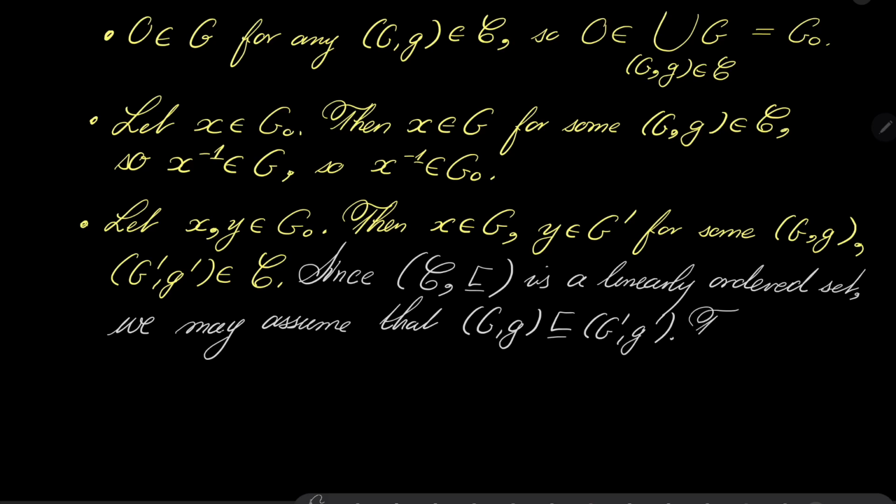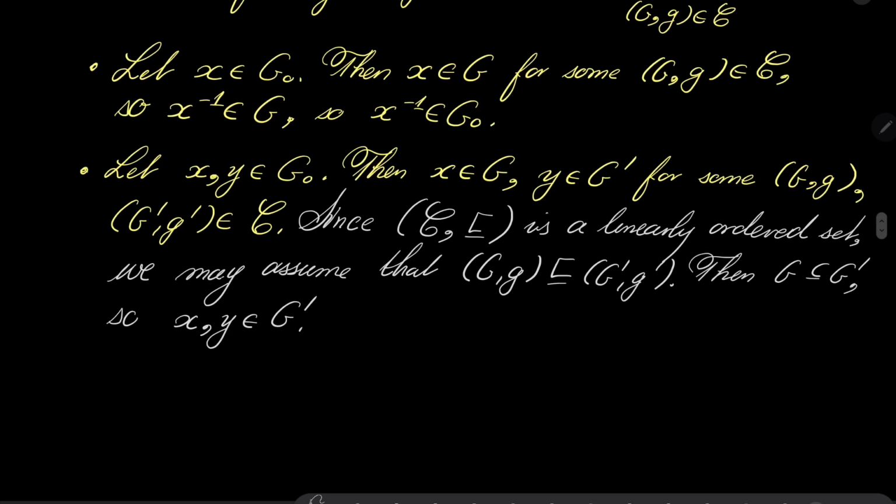Well, notice that then G is a subset of G prime, so both X and Y are in our group G prime. Notice that then their sum rather,